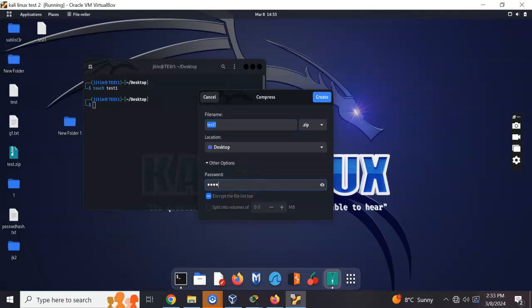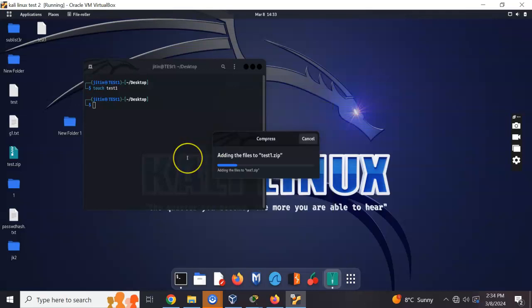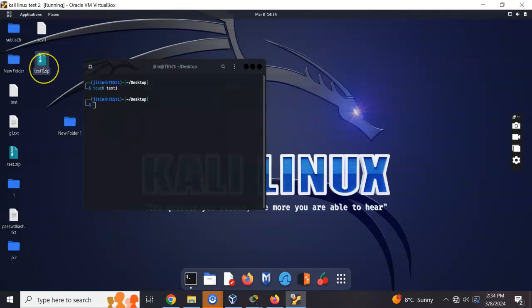I'm setting up a password for you and you can see it from here. So this is the password. We're going to put it here and we're going to say create. Once this zip file has been created, if you try to open it, you will see that it's asking for a password. And most of the time, if you do not have the password, you cannot open it. So one way of cracking the password is to use an application called